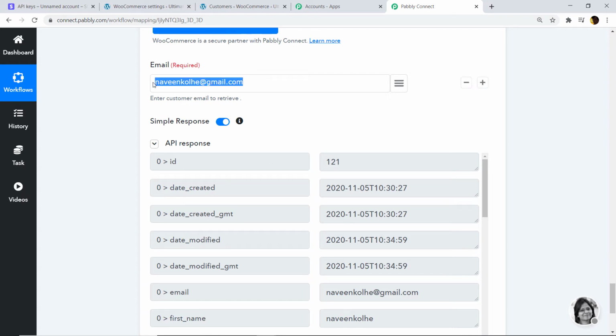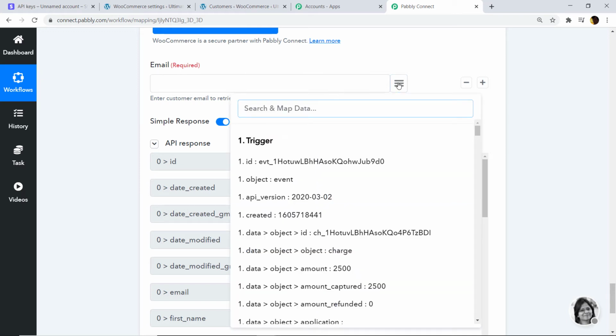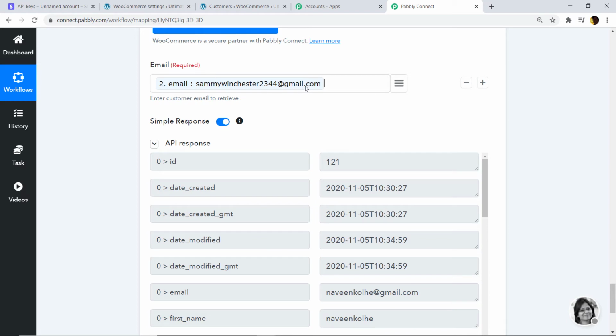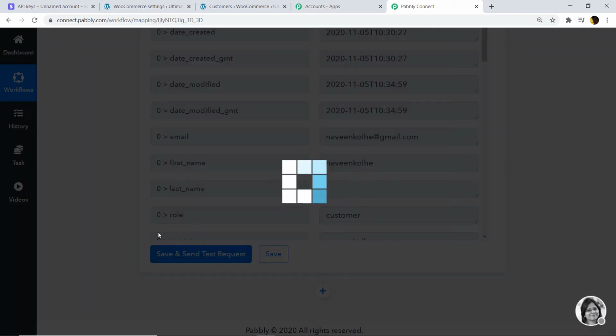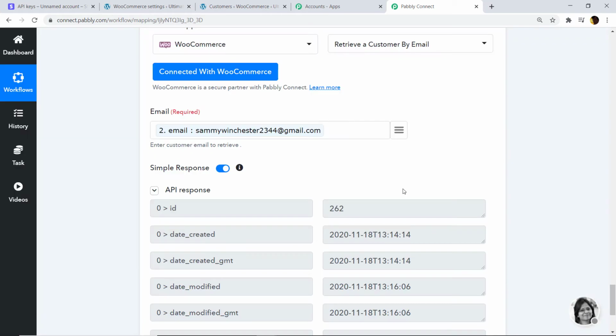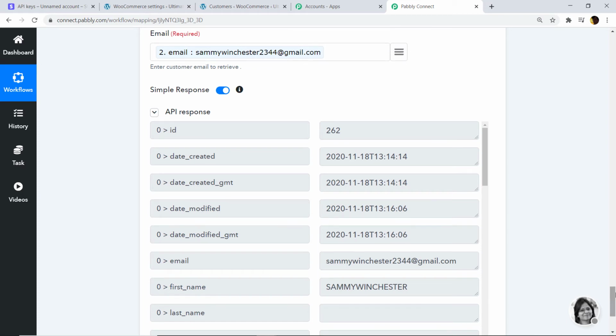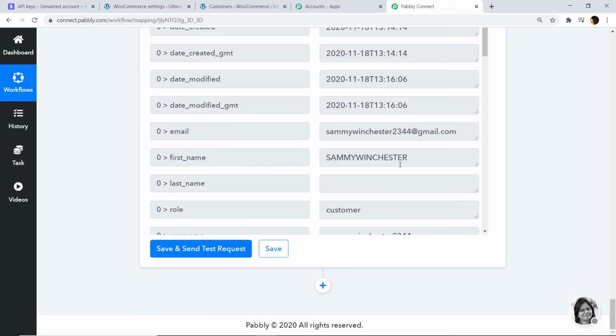Okay, so let's remove this and let's remap the data that we had entered before. The email, that is sammywinchester2344@gmail.com. So just click on save and send test request again. Okay, so this is the ID of sammywinchester2344@gmail.com. Have a look at that, we may need it in the future. This is the ID, 262, and this is the email sammywinchester2344@gmail.com. Okay, excellent. So we have found out that this person Sammy Winchester is already an existing